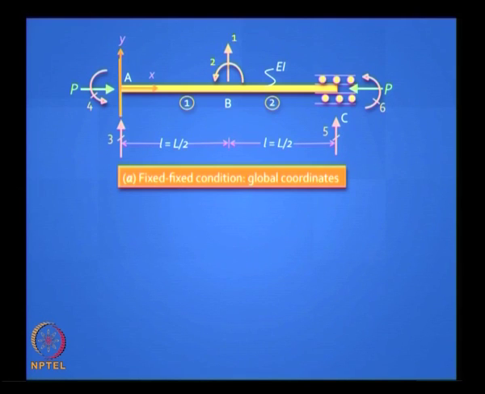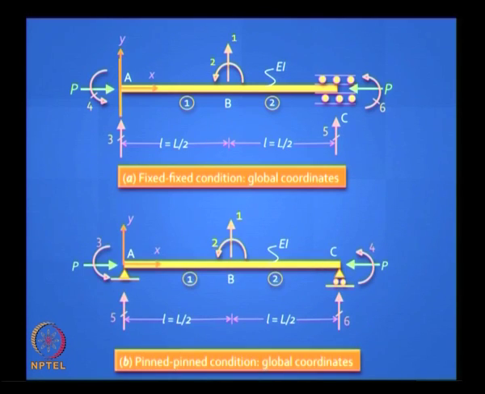So this is the first case, I put it horizontally, it does not matter, the column can be made horizontal. I put a node in the middle, so 1 and 2 active, and then of course I have restrained coordinates 3, 4, 5 and 6. Is this clear, right? In the second case I have 1 and 2 as before, but I also have 2 end rotations 3 and 4, and I have only 2 restrained coordinates 5 and 6. Is this clear? It is very simple.